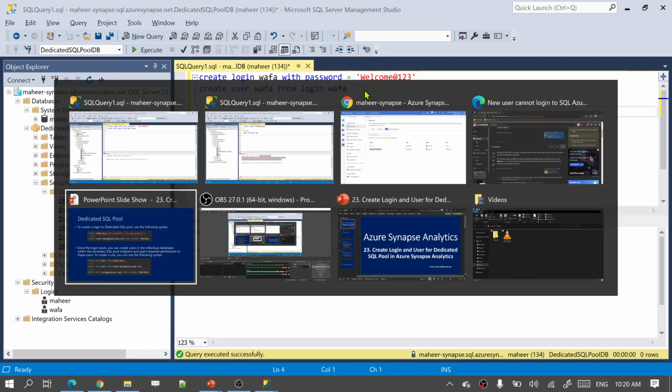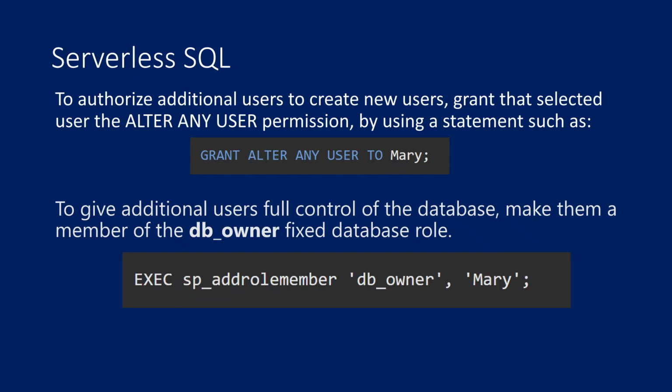So in this video, I am going to give this DB owner role to my user. This role has everything. Using this role, you can do anything. You can create any table, any view, you can delete or anything. You can play around with every object inside the database using the database owner role. Okay, so to grant this database owner role for your user, this is the syntax.